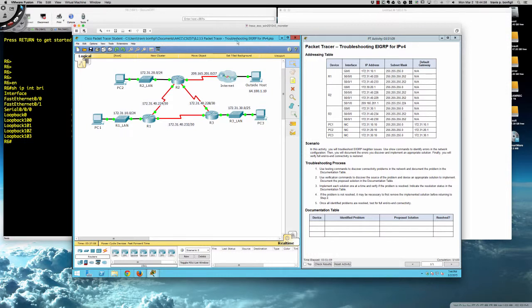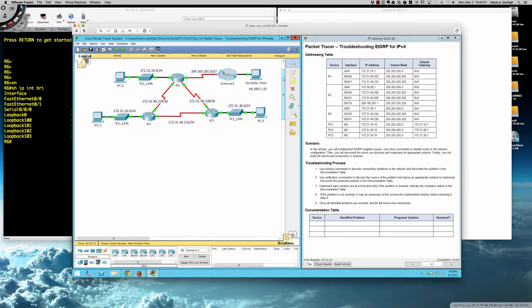8.2.3.5. And these are some of the most rewarding Packet Tracer activities because we're going to be doing some troubleshooting here. And we're going to be specifically troubleshooting EIGRP for IPv4. As you can see, we have our addressing table information here, and really we don't know much about the issues that are out there, so we're going to have to do quite a bit of investigation to get going